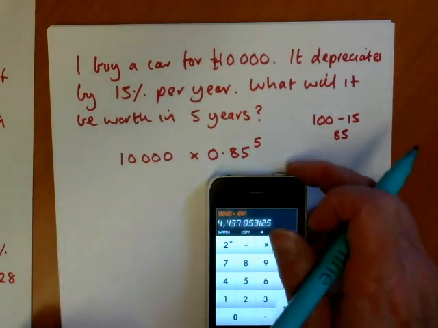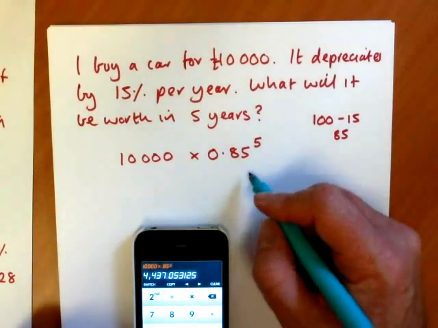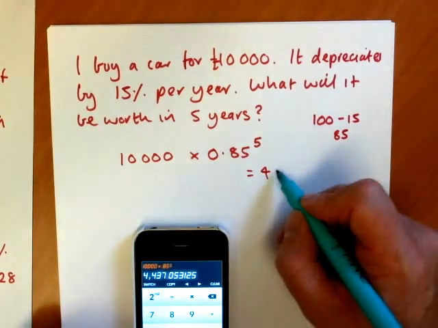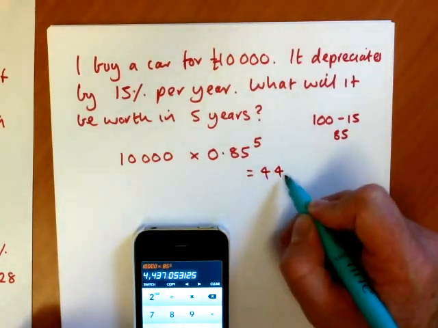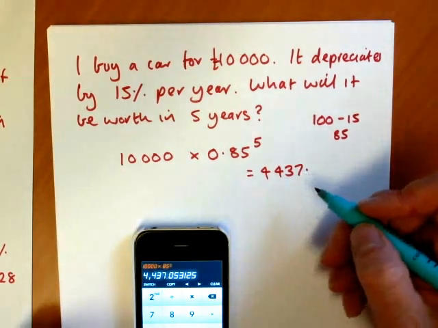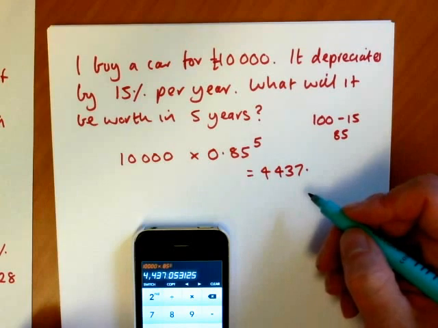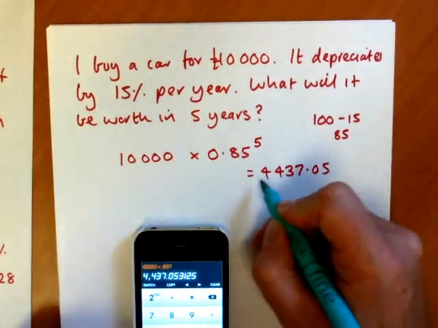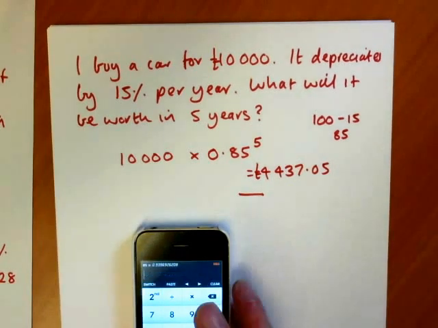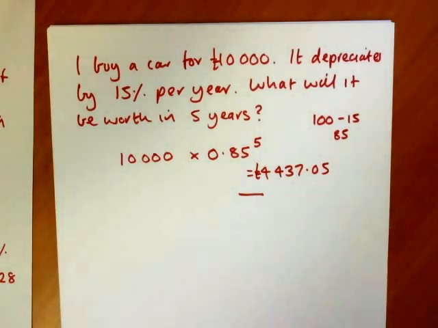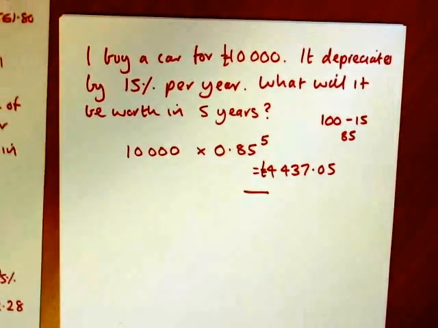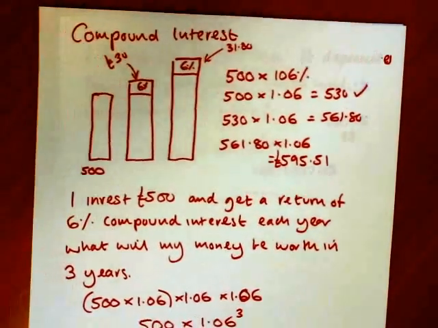And it drops in value to under half of what it was worth to start with. So you can see the impact of 15% over 5 years is quite high. It reduces the amount to less than half of what it was worth. So £4,437.05 is what it's been worth. So that is compound interest, depreciation, and investment interest at the same time. So hopefully the two examples help you understand compound